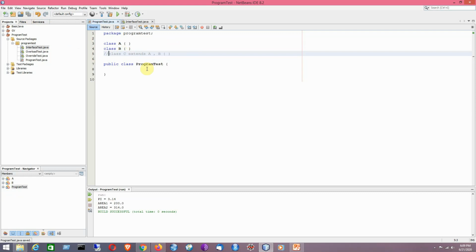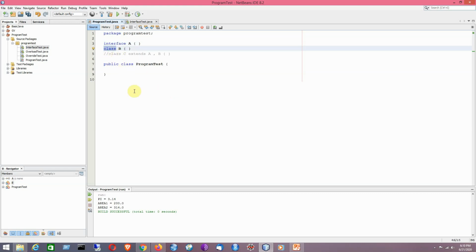Now suppose we have already learnt the concept of interface. If class A is written as interface A, similarly class B is replaced by interface B. Basically, now we have two interfaces A and B instead of two classes A and B. So now I can write interface C extends A, B. There is no problem.